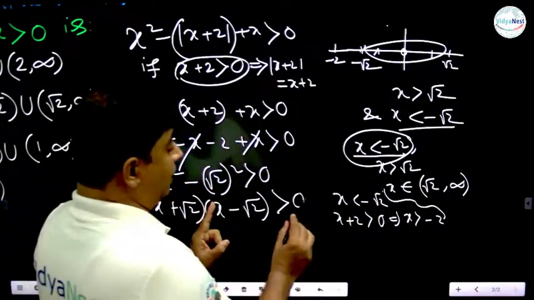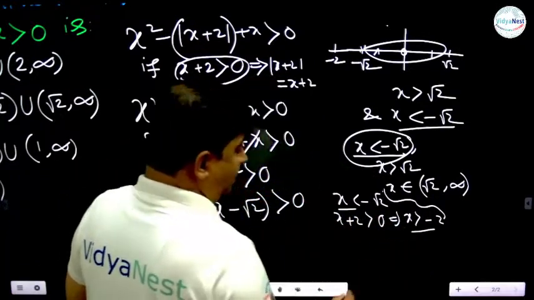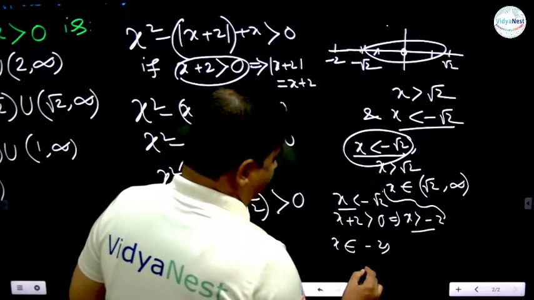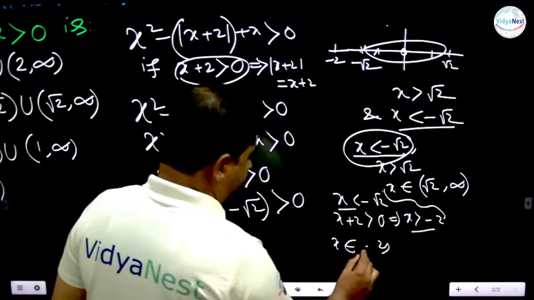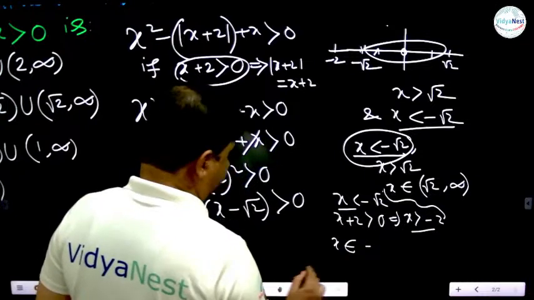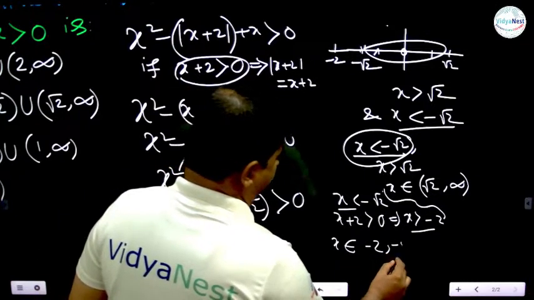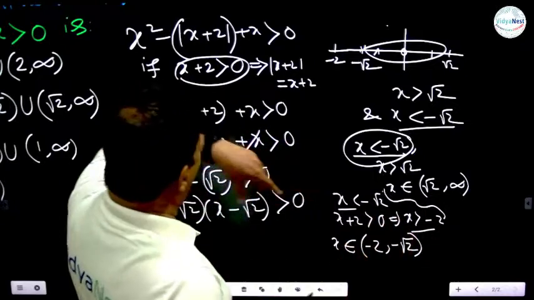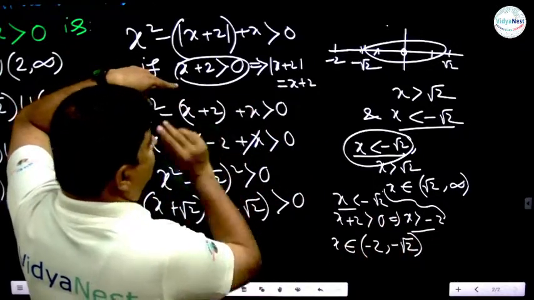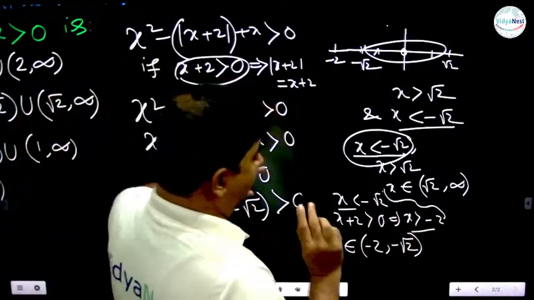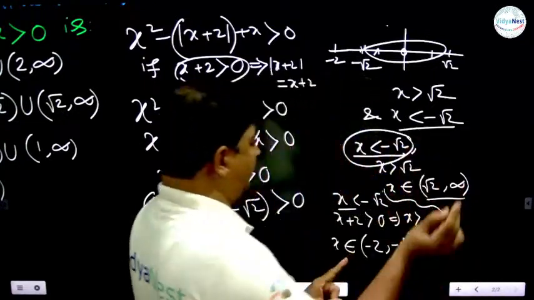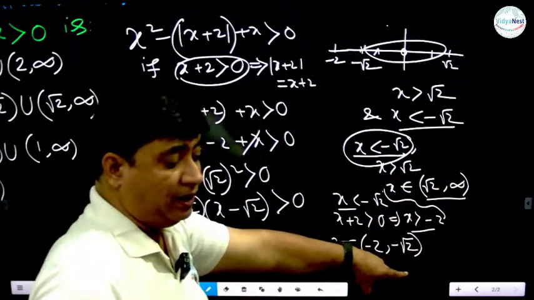So ये दोनों को एक साथ कैसे लिख सकते हैं? x belongs to -2 to -√2। ठीक है, तो ये x प्लस 2 ग्रेटर देन 0 कंडीशन लेके हमको दो इंटरवल मिला। एक है √2 टू इंफिनिटी, -2 टू -√2।